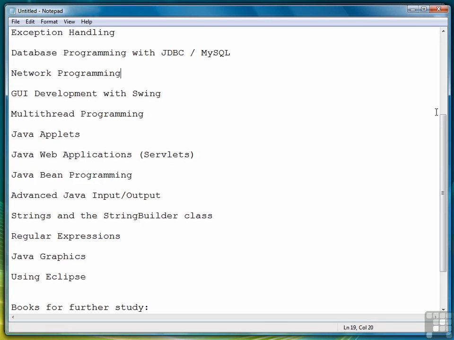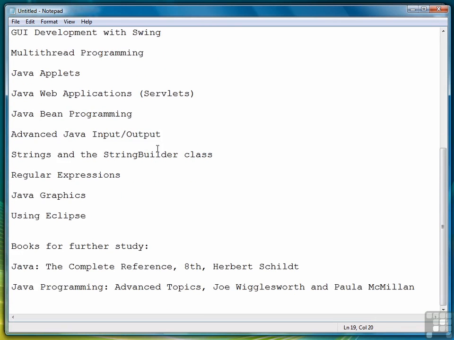In a couple of places in the course, I reference a couple of textbooks that you might want to look at for further study. Those are Java, the Complete Reference, the 8th edition by Herbert Schildt, and Java Programming Advanced Topics, written by Joe Wigglesworth and Paula McMillan. And there is no relationship between myself and Paula McMillan. So this is not some sort of kickback opportunity. This is just a book I used in a college course I took on advanced Java programming, and I found it very helpful. It's quite readable,